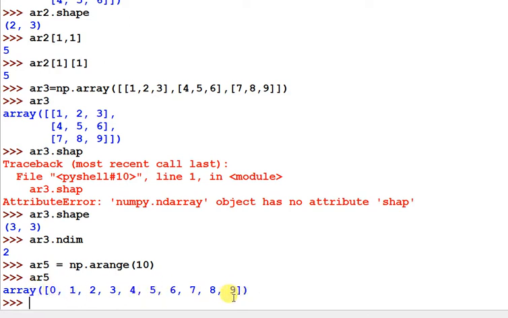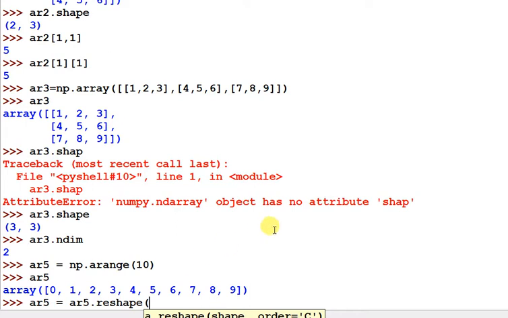And if you want to reshape this into a two-dimension array, then ar5 equals ar5.reshape, and the multiplication of both numbers you pass must equal the number of elements generated by arange.